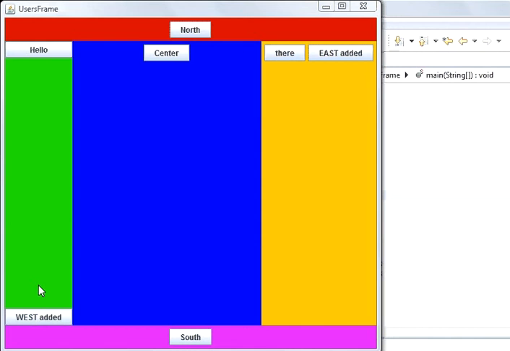I said that what I was going to show you is you can put more than one panel in. You can put a panel inside a panel, that's what I meant to say, and that's what we're going to do. You can put more than one panel inside a panel. And so this west button, I'm going to change this button to a panel,